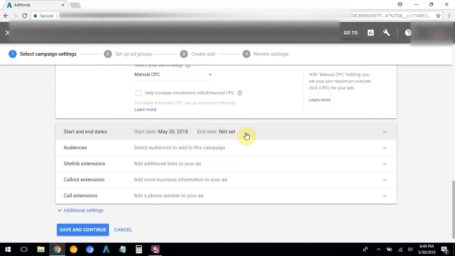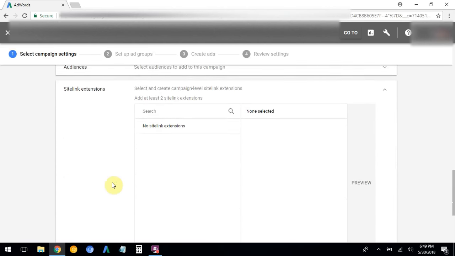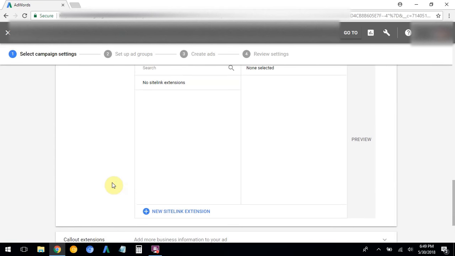Start and end dates. If you only want your campaign to run a certain amount of time, that's when you mess with that. Audiences, you might add a remarketing audience or do something with audiences later on if you want. Site links, these are great to set up right now because then you don't have to worry about them later. So a site link might be,